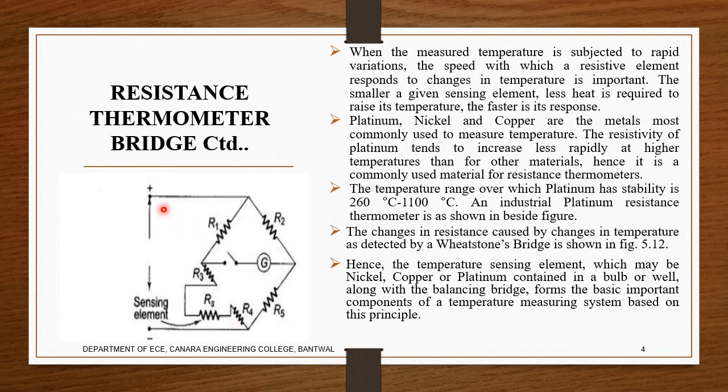And that is given to whatever external supply we require, because we know that the Wheatstone bridge is passive, so we require an external source. Whatever the change in the bridge, the balanced or unbalanced condition is determined by this galvanometer, which determines when the bridge is balanced and unbalanced. So when there is a change in the resistance, at that time the bridge gets unbalanced. That's why it is designed this way. As I said, it forms a very important factor, RS and R4 here.